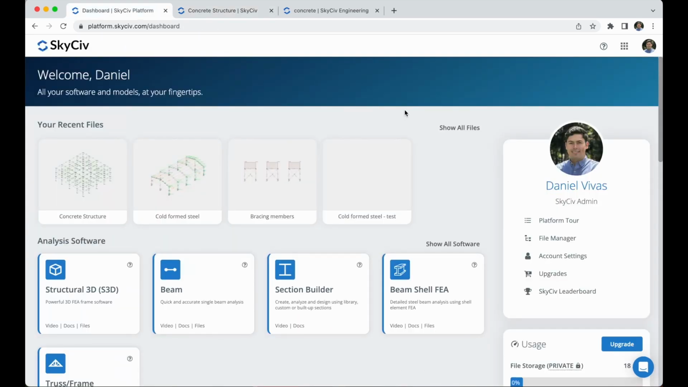You have completed the concrete structure tutorial using S3D. I hope this tutorial has provided you with valuable insights into the process of modeling, analyzing, and designing a concrete structure using S3D. If you have any questions or need assistance,